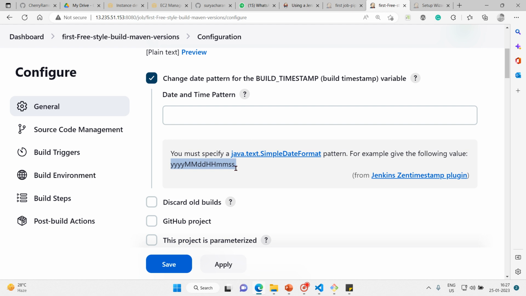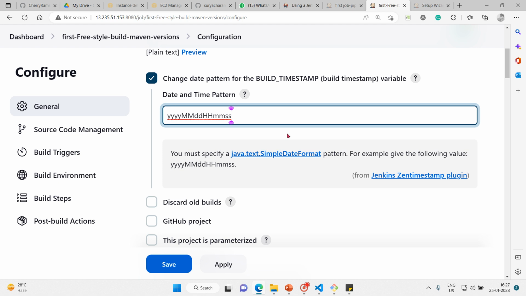Copy and paste it here. And if you want to see, you can actually get it from the Jenkins timestamp. So now I need the year, only the last two numbers of the year. The initial two numbers I do not want. I will remove these two, and I want to separate it with a hyphen instead of colon, then month I want, then date I want,